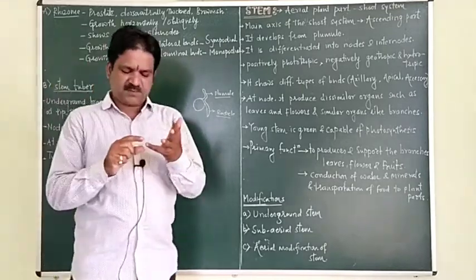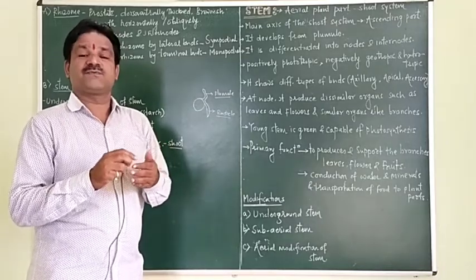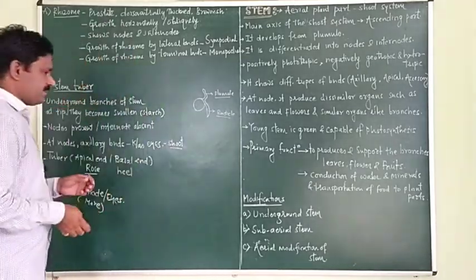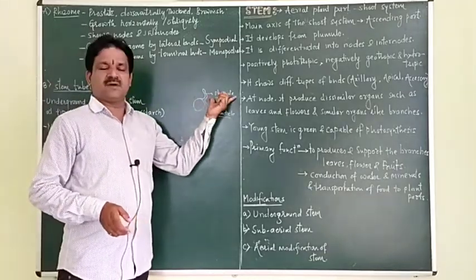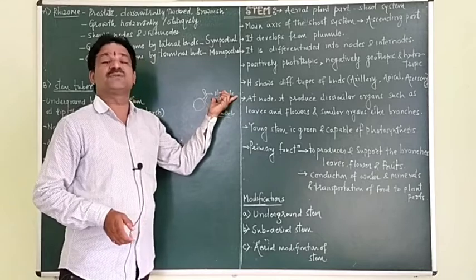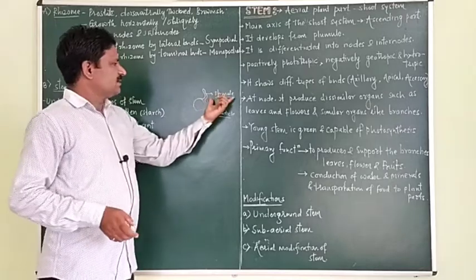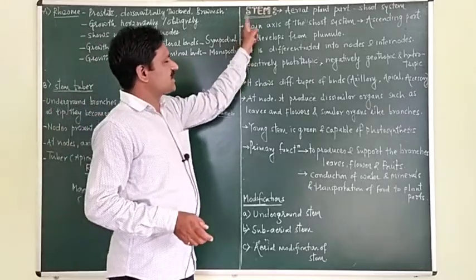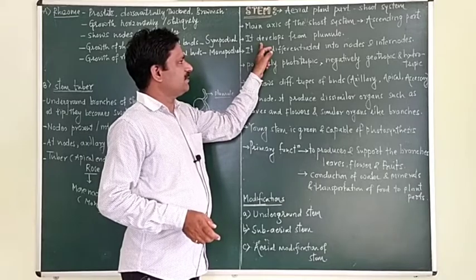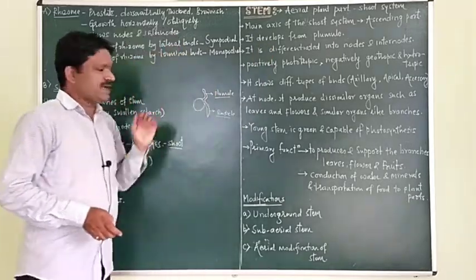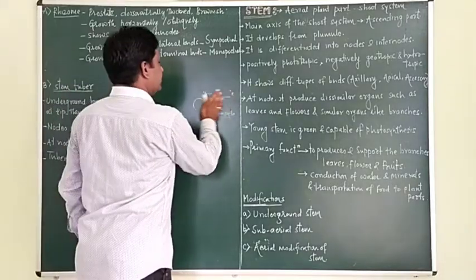Now this stem or shoot system is made up of different parts. Shoot system is made up of stem, branches, leaves, flowers and fruits. All these parts are the aerial parts. The plumule forms the shoot system, and the radicle forms the root system. This means the stem is developed from the plumule, and this stem is differentiated into